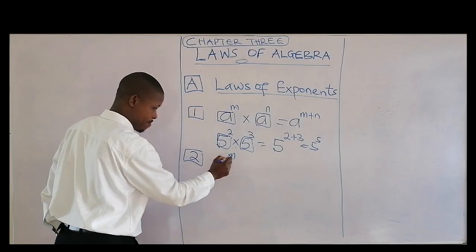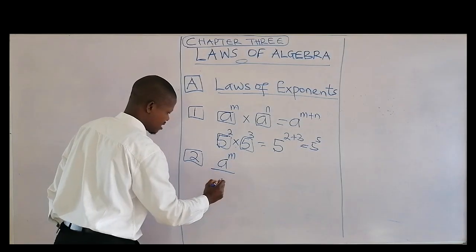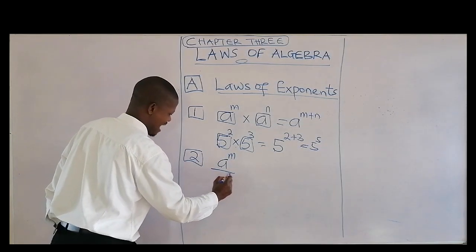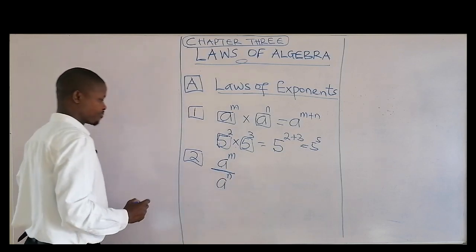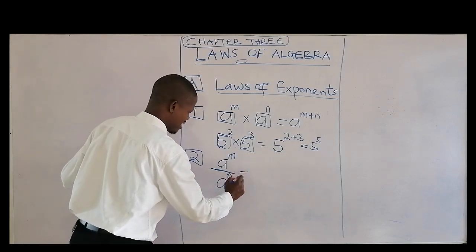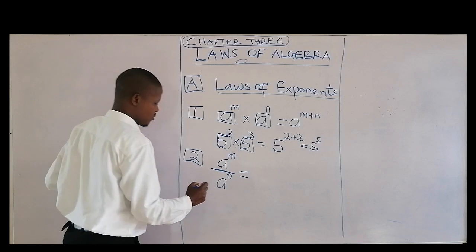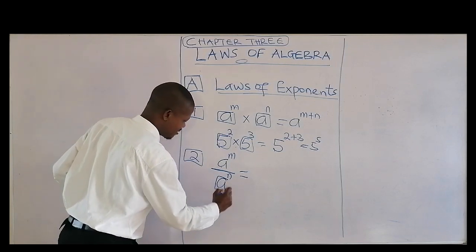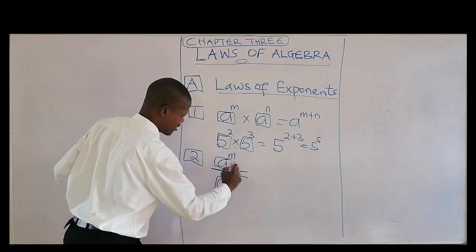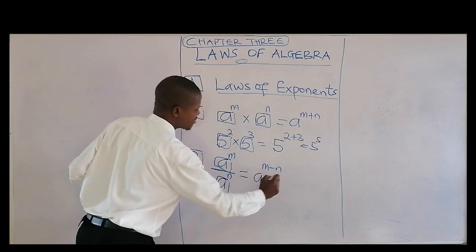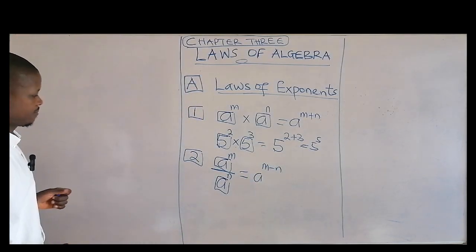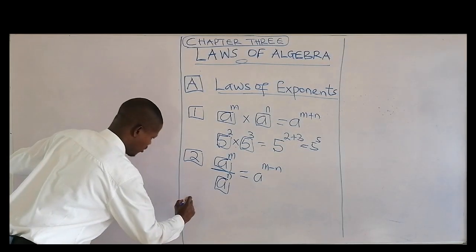a exponent n over a exponent n. This here is division. The law says that once this is the base, this is the base, you pick one of the bases, then you subtract the powers. Okay? The third law